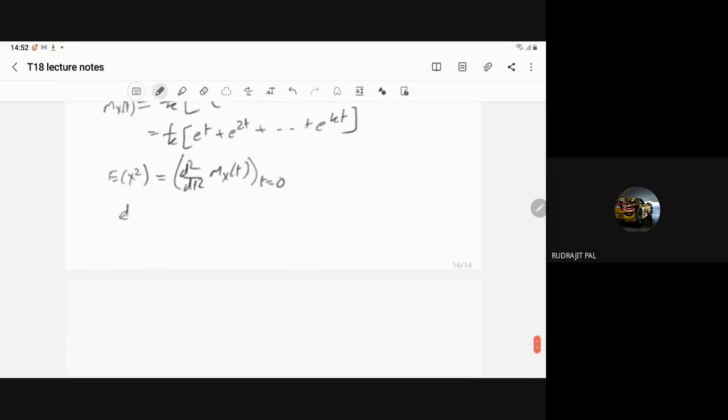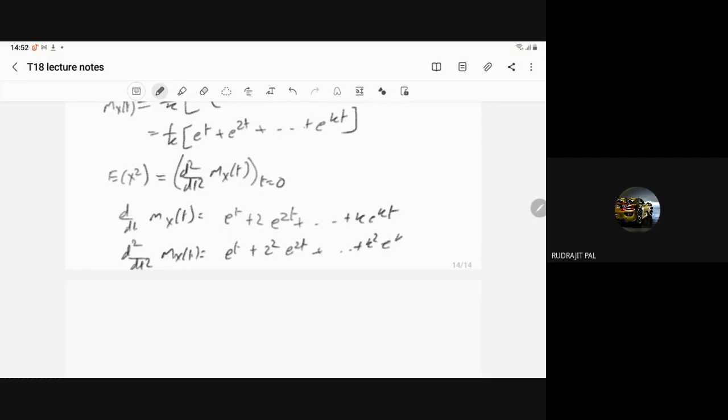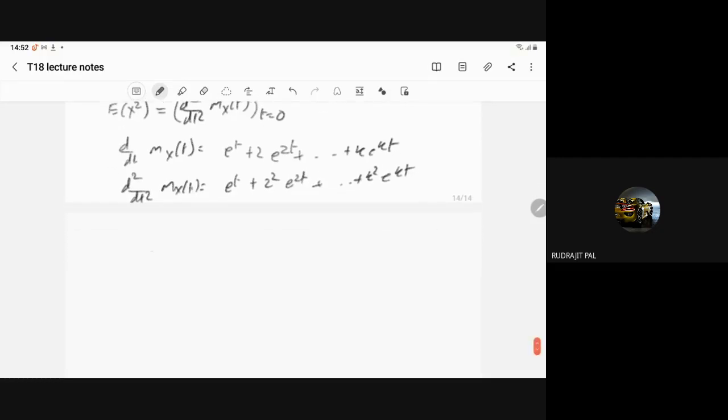The first derivative is 1/k times (e^t plus 2e^2t plus up to k e^kt). The second derivative is 1/k times (e^t plus 2² e^2t plus up to k² e^kt). When we put t equal to 0,